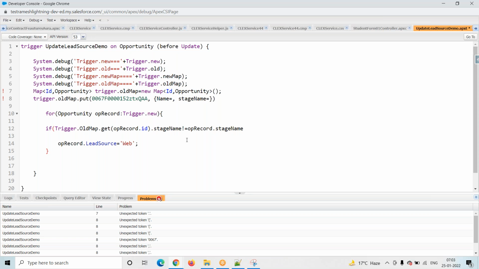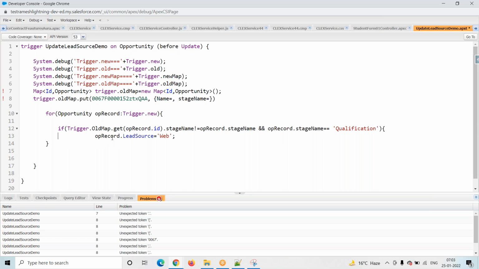If the old stage name does not equal the new stage name, and the new stage name equals Qualification, then only you have to update. This is the complete trigger.